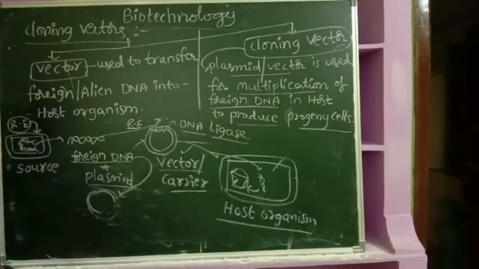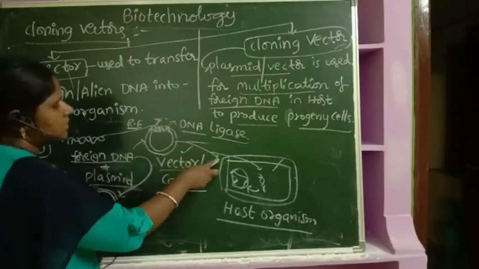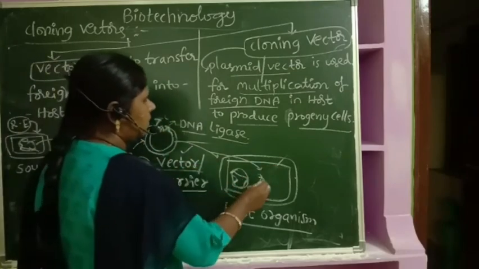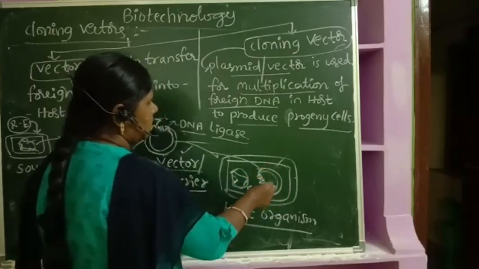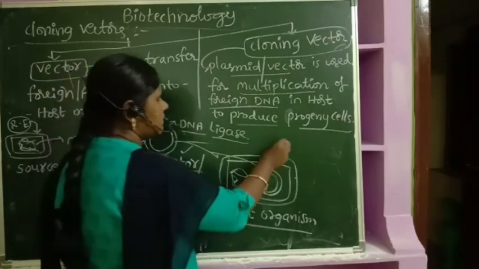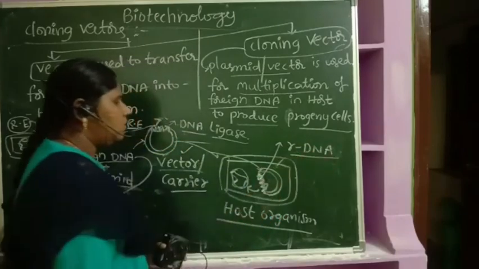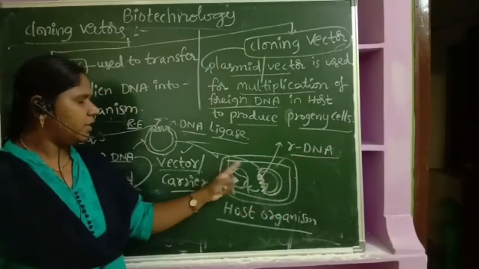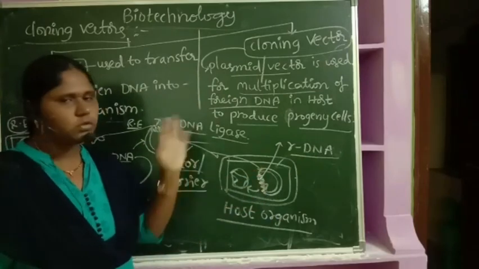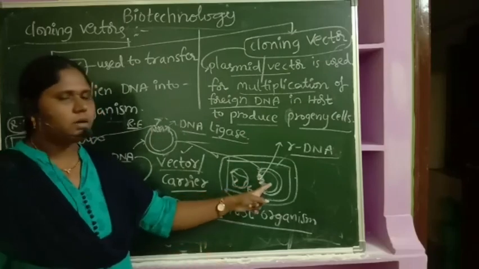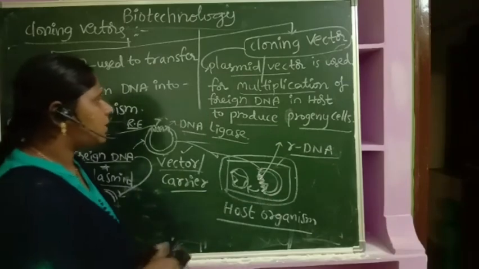With the help of DNA ligase, this plasmid enters inside. As soon as it enters, the plasmid is carrying the DNA here. Now inside the host, it is called recombinant DNA. Now this plasmid, after entering along with the recombinant DNA, will not drop, it will not go out. What it will do, this vector, this plasmid stays within the host organism and undergoes multiplication.